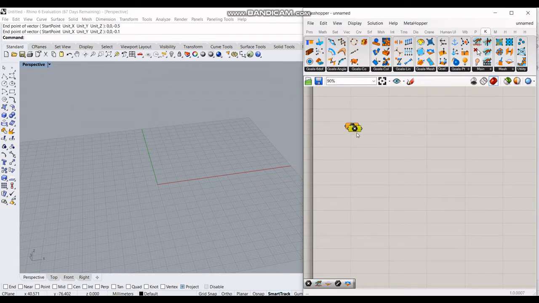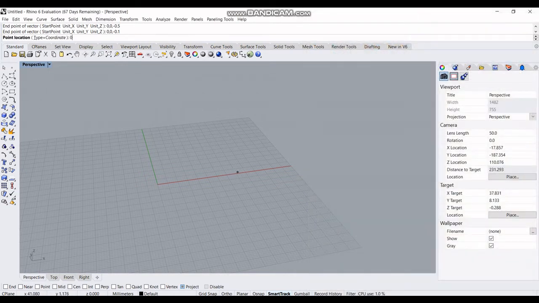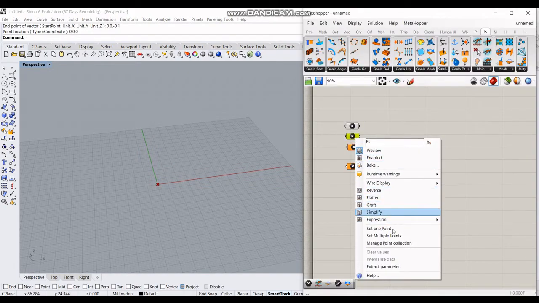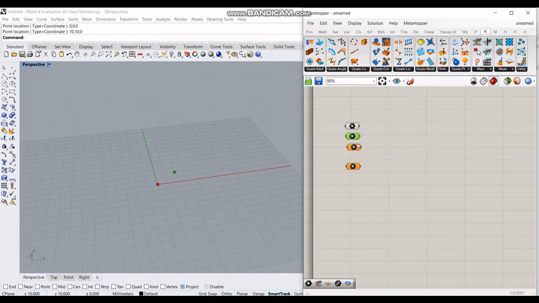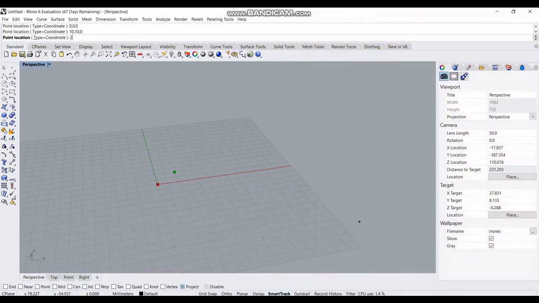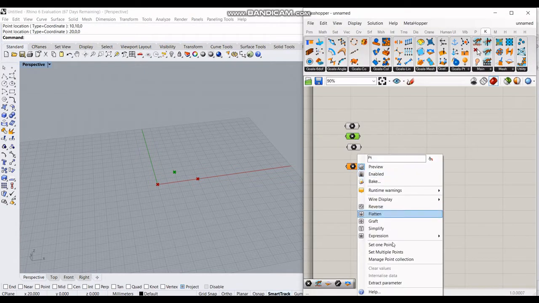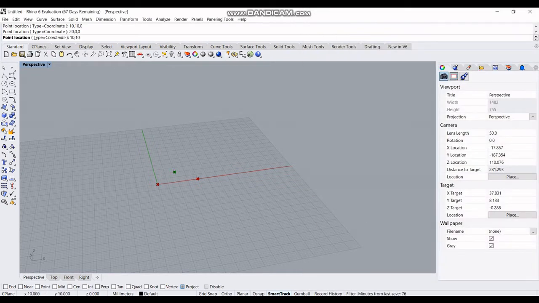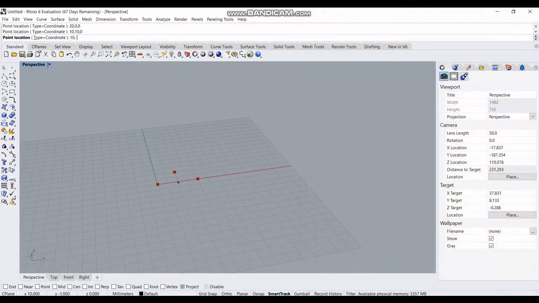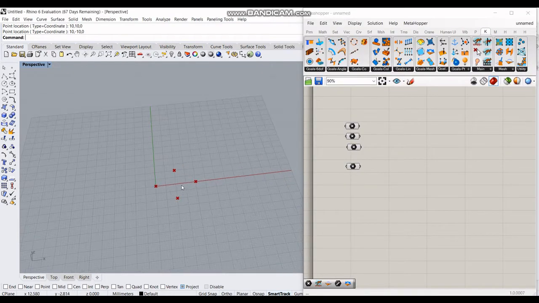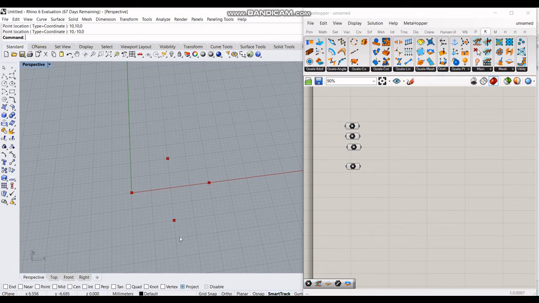Let me start by initializing 4 points. So here we have 4 points, and we'll try to make 2 triangles which can fold using this line as its hinge.